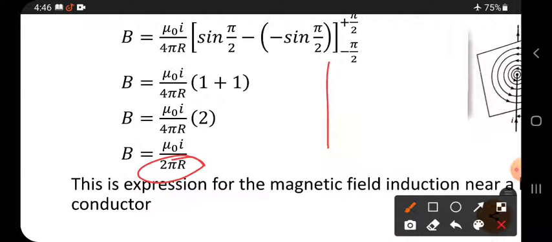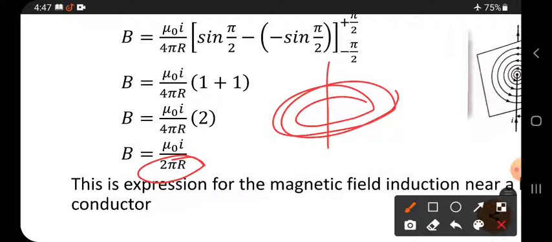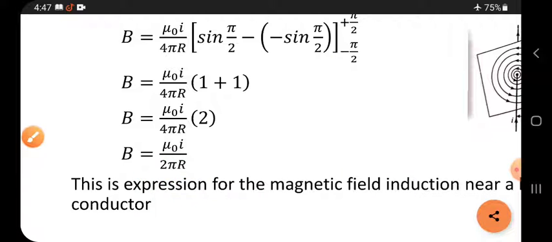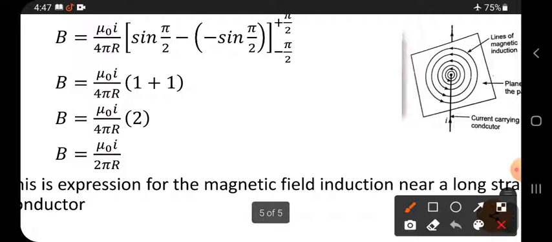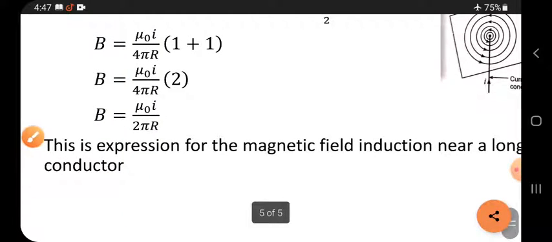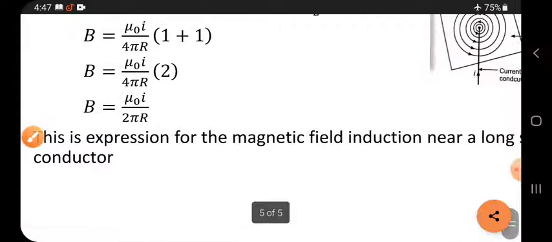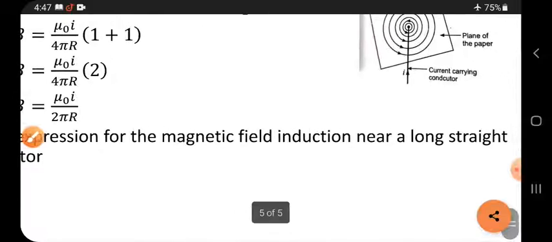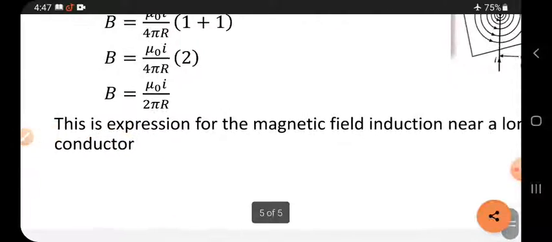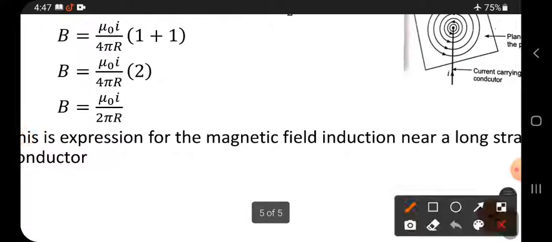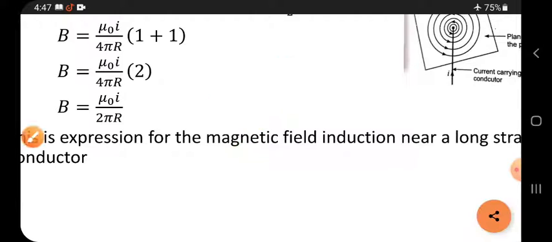2 pi r means around the wire circles may form. Okay, a circular field may be formed, so that is why a circular field is formed. That circular field can be understood by 2 pi r, the circumference of a circle. So this is the expression for the magnetic field induction near a long straight conductor. It is because of the long straight conductor, near the conductor, so around the conductor the field will be formed like this. Okay friends,